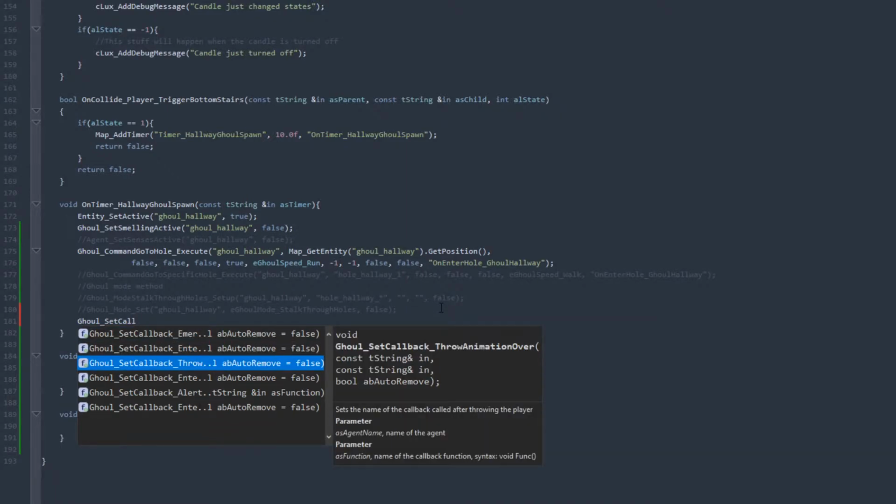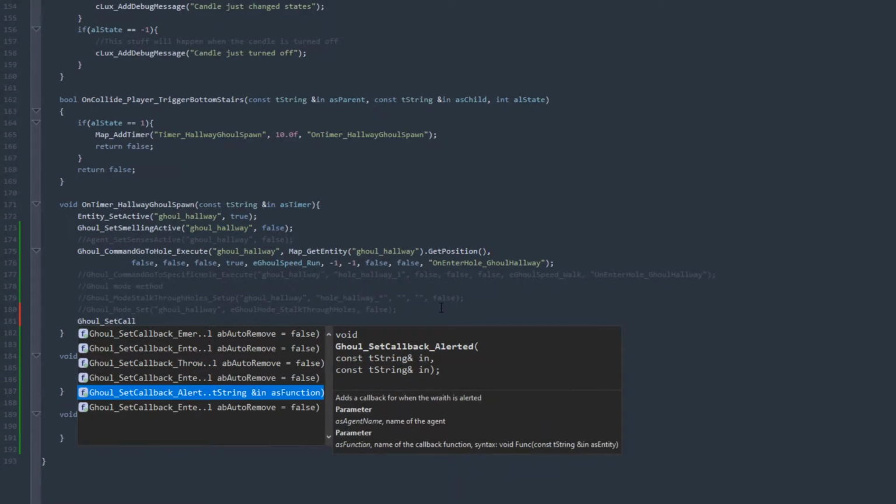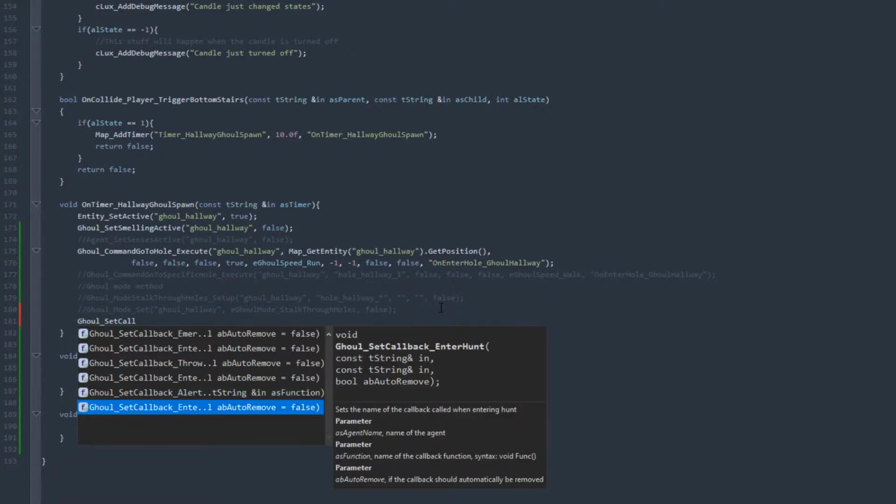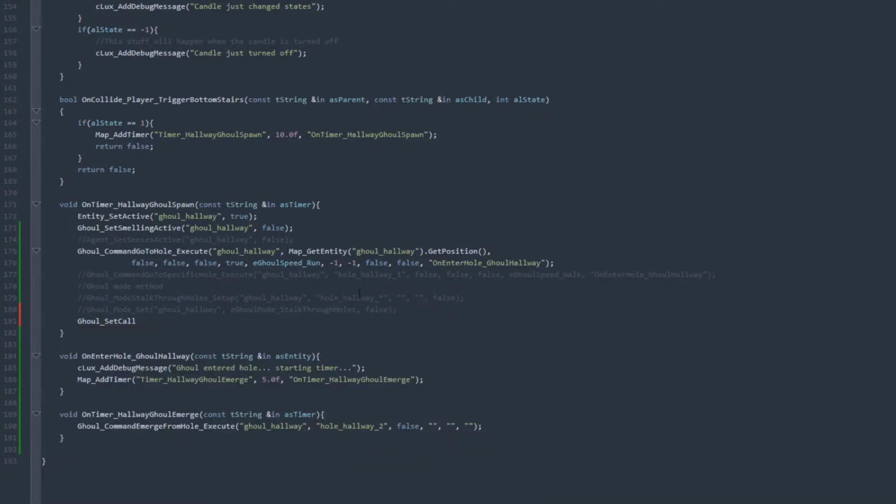If the throw is finished, we talked about this one actually in I think the first episode about enemies. We will actually talk about it again, but you guys should be familiar with this one already. When the throw animation is over, it will do something. Idle, when the ghoul enters idle, when the ghoul is alerted, and when the ghoul is in hunt mode. Those are the ones we're going to be talking about. So let's go ahead and start talking about it. We'll save the ones related to the ghoul hold networks last. We'll start with the more interesting ones first. So first one I want to talk about is the